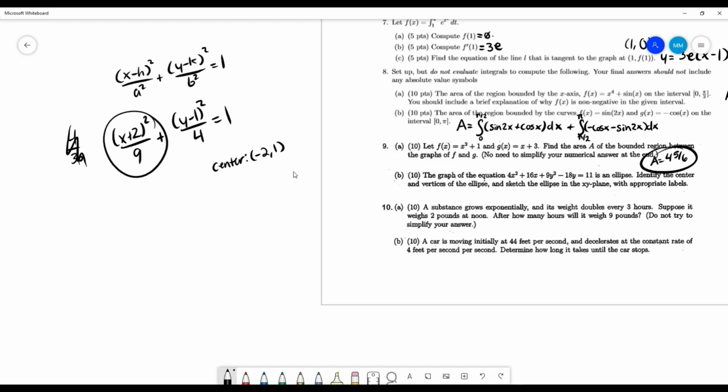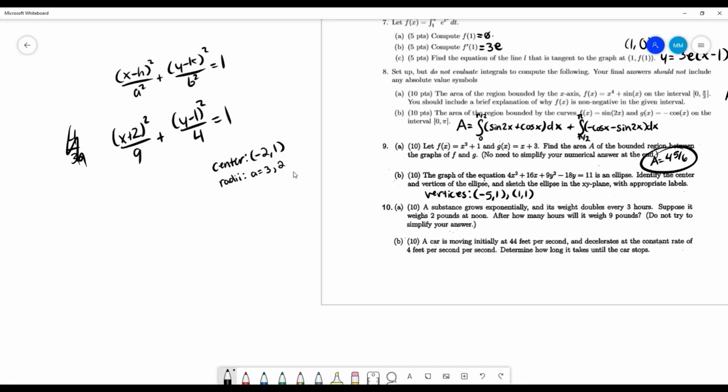Our major axis is the x-axis with a radius of 3, right, because a squared, and this is a radius of 2, which means that our vertices on the major axis are going to be negative 2 plus or minus 3. So the vertices are going to be, let's see, negative 5 comma 1,